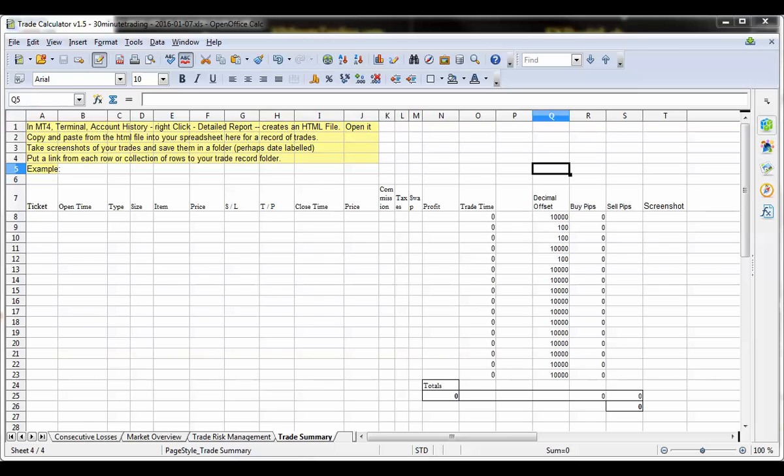Just giving you a quick video on how to record your trades. Always keep a trading record, always review what your trades were like and what the outcome was. You will find it actually will help you make much more money in the future. Okay, now the first thing you want to do is take a screenshot of the particular trade that you were